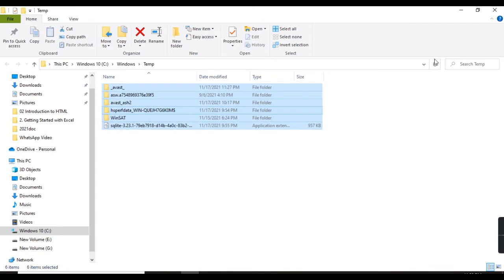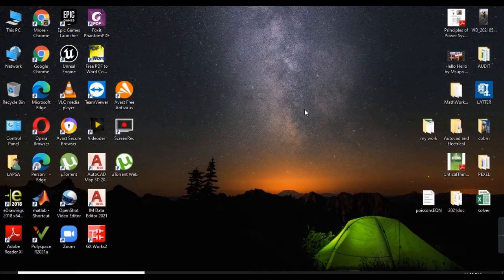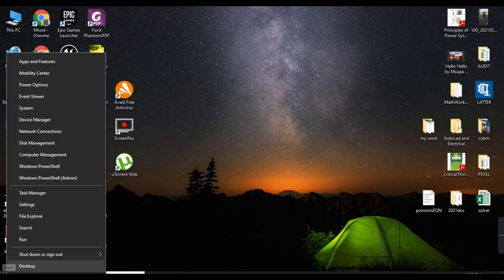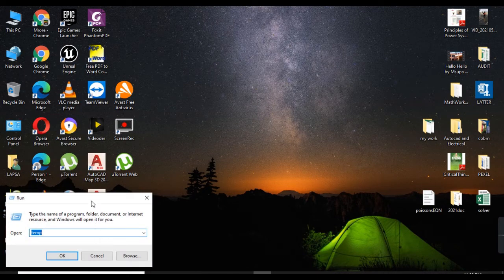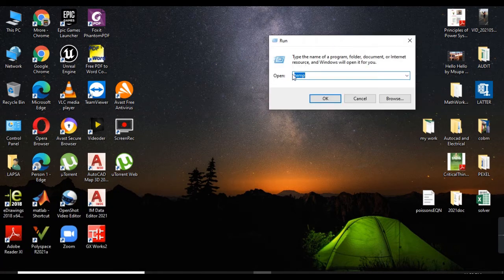Then after finishing that, we close. Then again, we come to the start key and continue, and then hit run. Then after hitting run, let's type percent temp percent. Then hit OK.